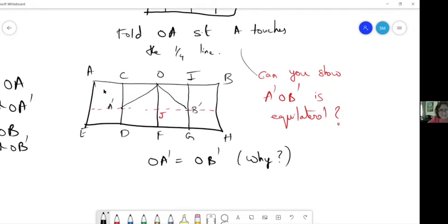So where is I? Okay, got it. If I is the midpoint of OB and C is the midpoint of OA, then OI is congruent to B dash J and OC is congruent to A dash J. So A dash J plus B dash J will be equal to AC plus OC, meaning the same thing.